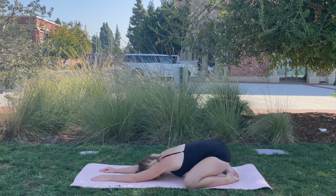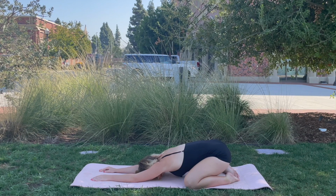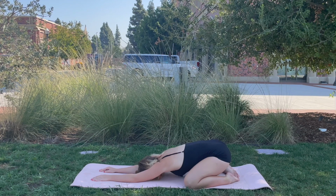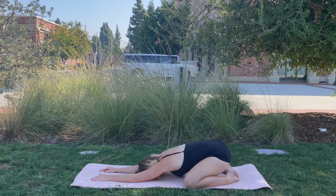The breath is so important here. You can always go back to your breath. Your breath powers your movements in yoga, and you can also use your breath to help ease those movements. That may not make sense at first, but if you practice directional breath, like let's say in this child's pose,